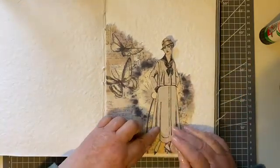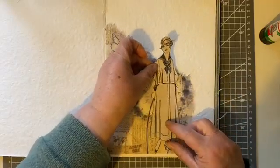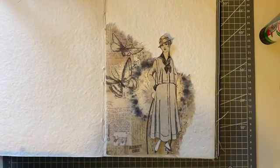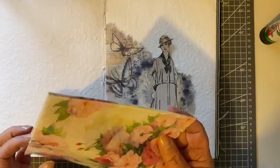Start building it up. Obviously she's going to be on the top of everything, but what I like to do with collages is start to layer my focal point, just so that I know where things are going. And with the napkin,